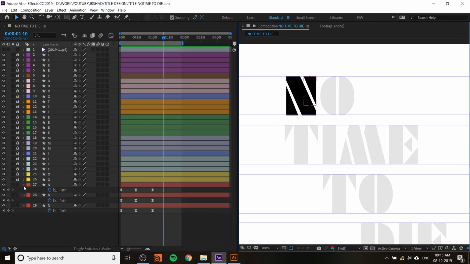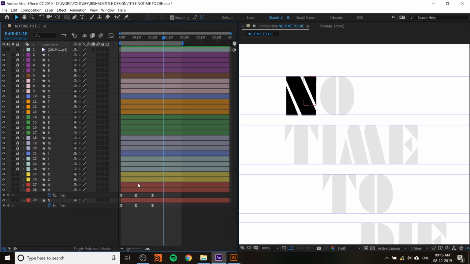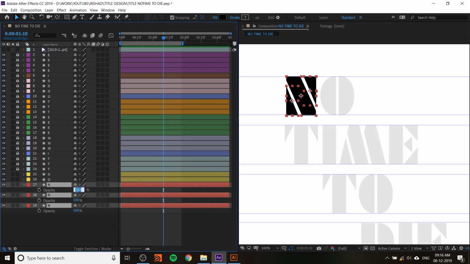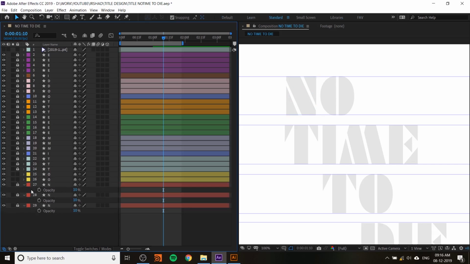So you can use the same style for the rest of the thing. Then I will teach you how to animate the next letter. I just lock these M letters and just change the opacity of this one to 10 because we don't need to see the same letters again. Now just lock it